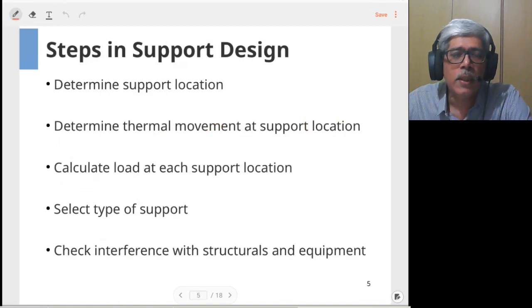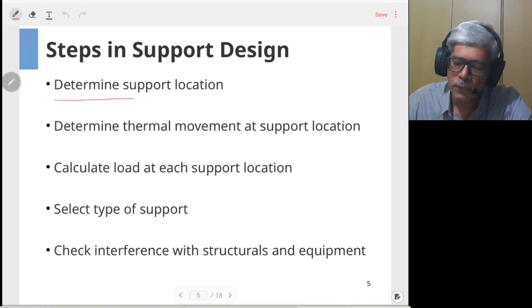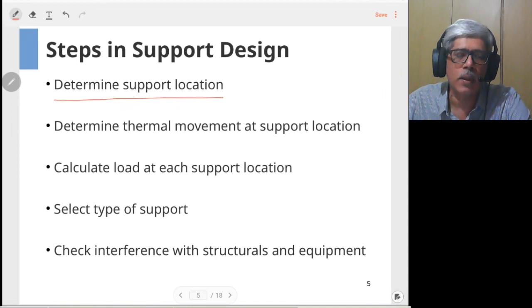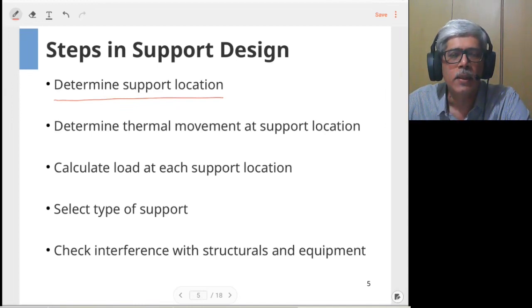What are the steps in the piping support design? Essentially the design begins with the determination of support locations. In a short while we will see how the supports are located. There are certain guidelines for locating the supports, so we'll go through that. You have to decide tentative location of the supports, which may undergo change afterwards. But in the beginning, you need to have the approximate support locations,